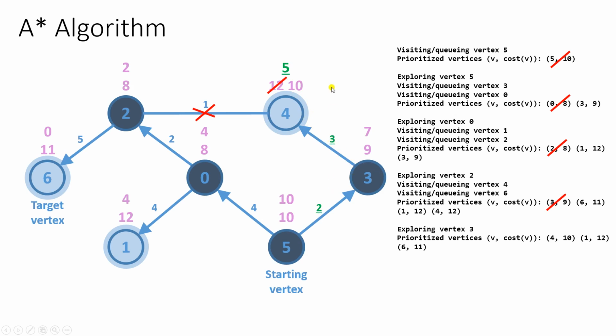Its new total cost of the vertex 4 is 10, and as I said in the beginning of this presentation, the algorithm will always try to find the lowest total cost of a vertex, and now it succeeded, and this resulted in lowering the total cost and